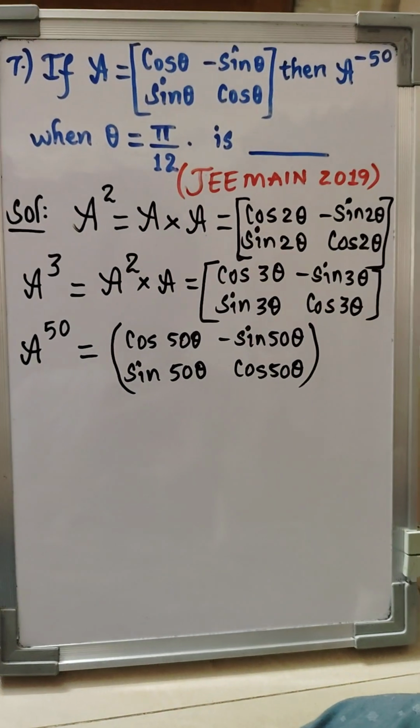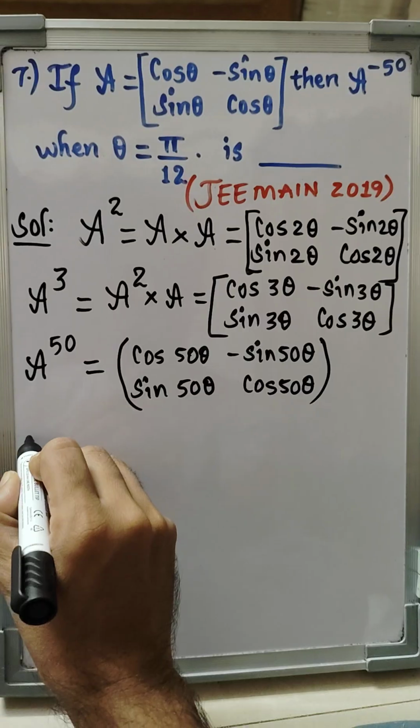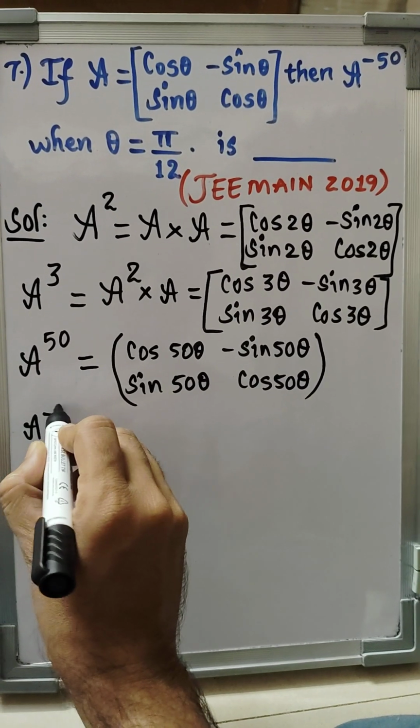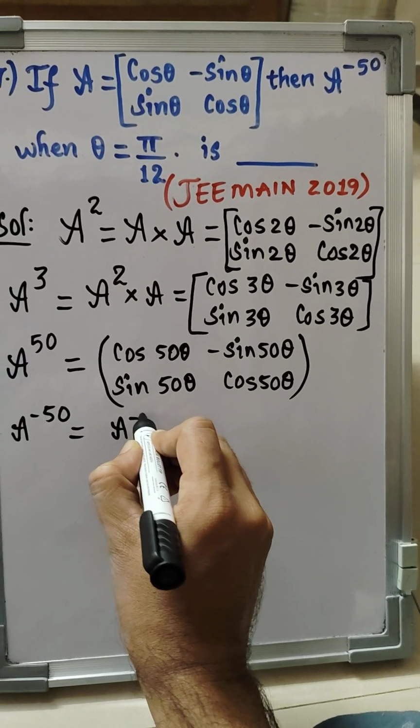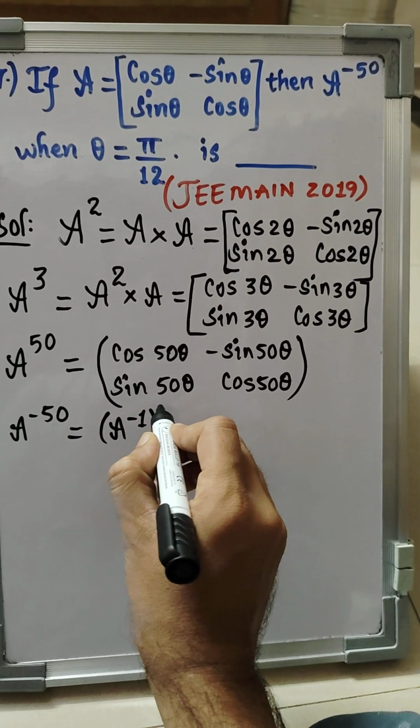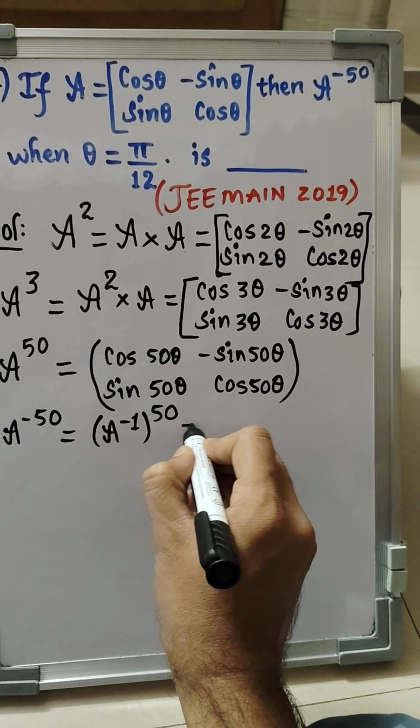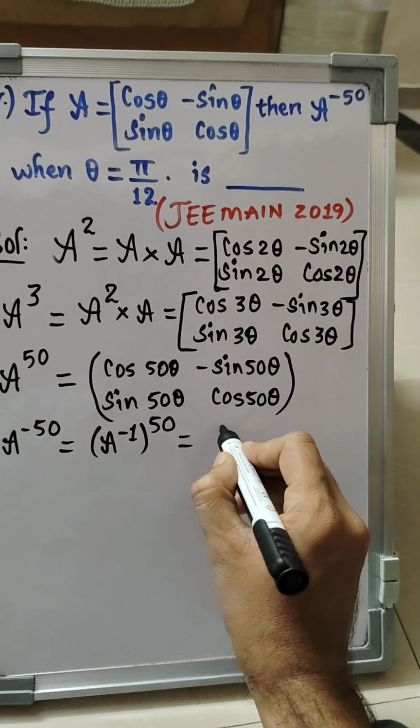But we want the value of A power minus 50. A power minus 50 can be written as A inverse whole power 50, whose value can be written as